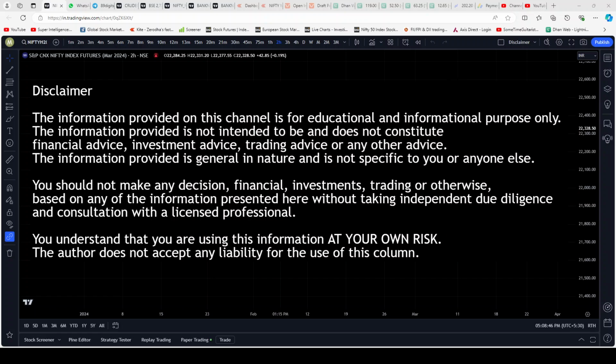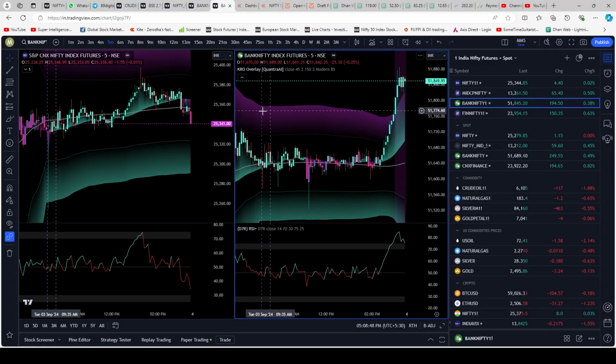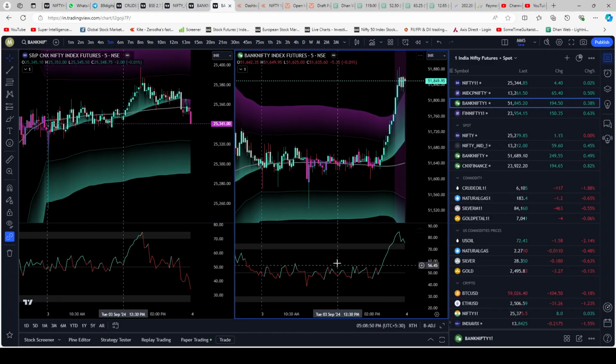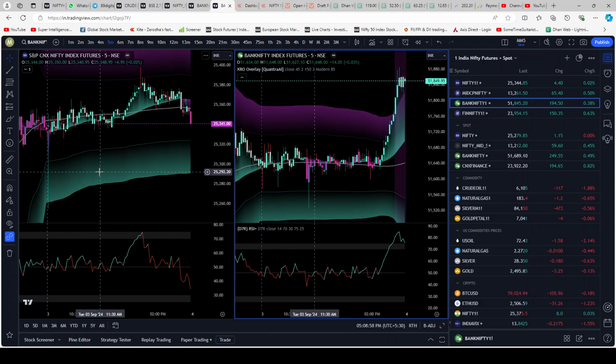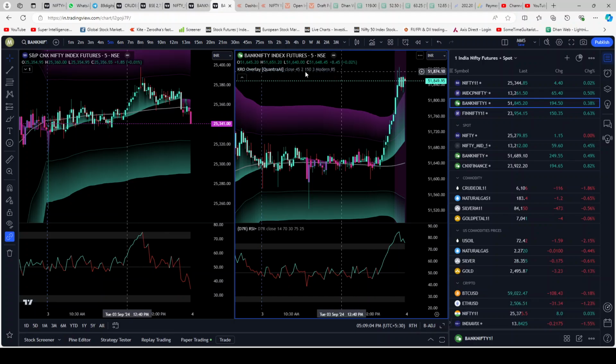So we'll straight away go to the page where we're using the indicators, and these are the two indicators. All right, this is how the page would look. And now let's get into the indicators. On the left hand side we have Nifty futures, and on this page we have Bank Nifty futures, the only indicator we are using on top. This is the one